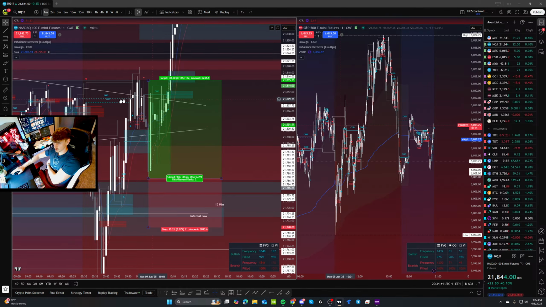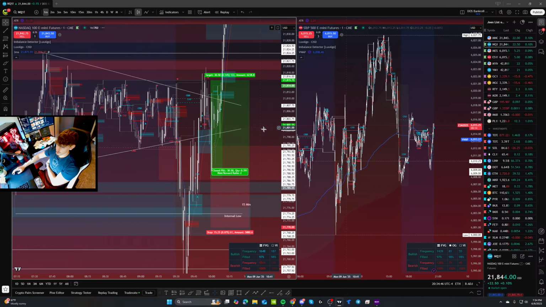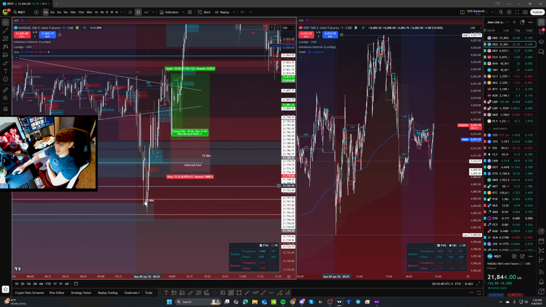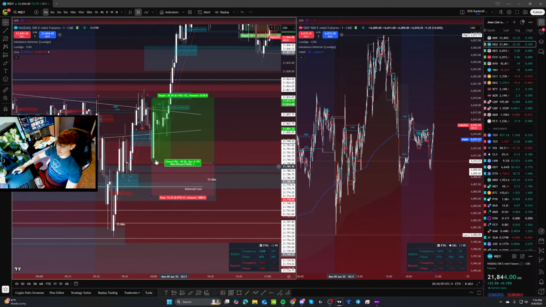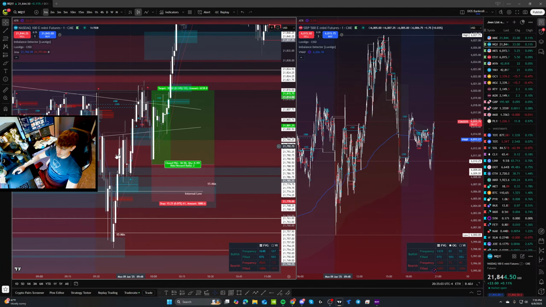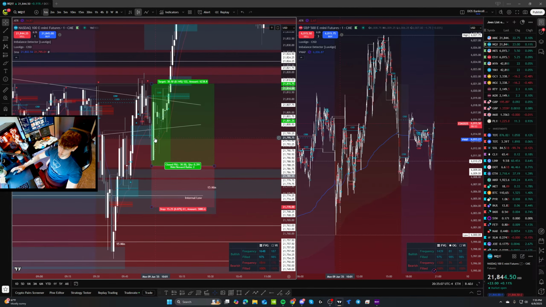My strategy is essentially we pushed up after we sweep this high time frame low down here, and then after pushing up, we got this CISD right here on the 1 minute, which all we look for is a 1 minute CISD. We retraced back to the equilibrium or order block. You can call it whatever you want. Really, I use the equilibrium of these gaps. It's the same shit as an order block. I mean, it is an order block, but I just try to get a little bit more precise entries.